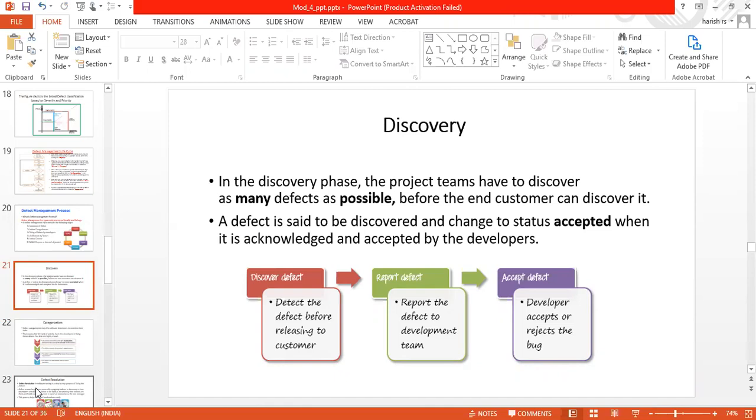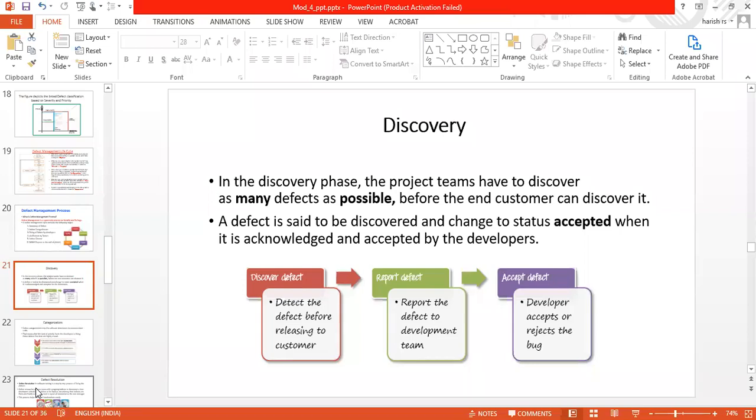So this defect is said to be discovered, and the status is changed to accepted. The developer has to accept that the changes are being done, when it has been acknowledged and accepted by the developer.